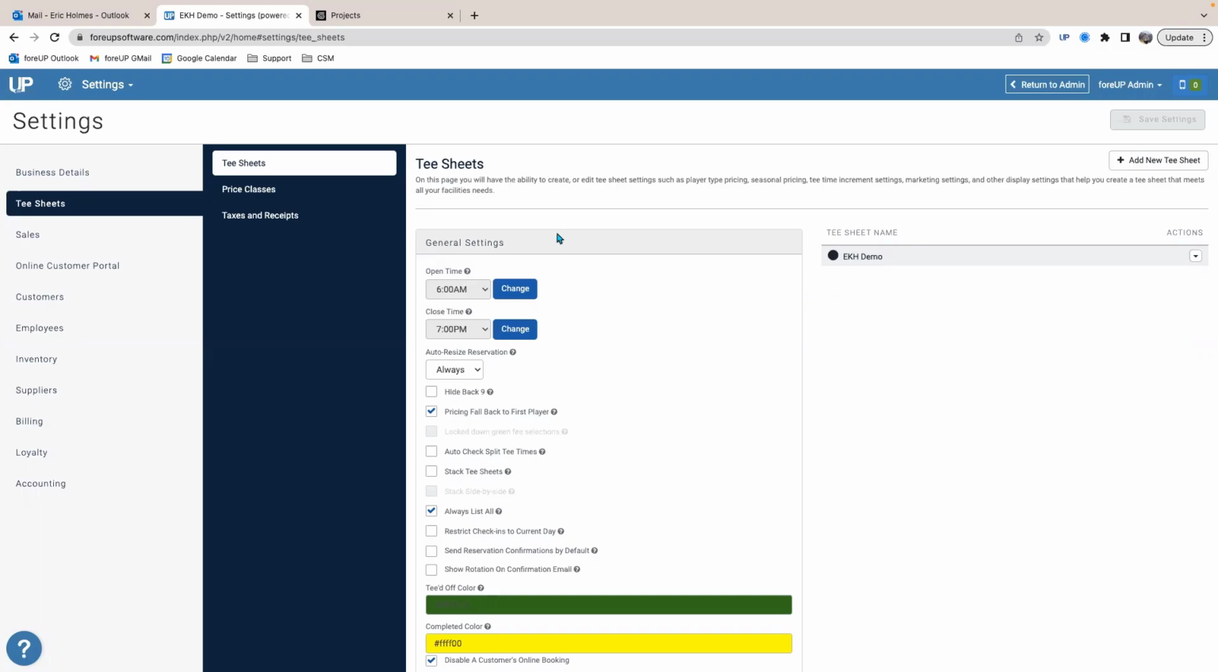I wanted to talk about pricing though, and how to adjust rates, because rates are a little bit unique in the foreUP software in the way that they are populated and created. It's going to be really important to think about the end of year reporting that you want to see when making your rates. So at the end of the year, when you